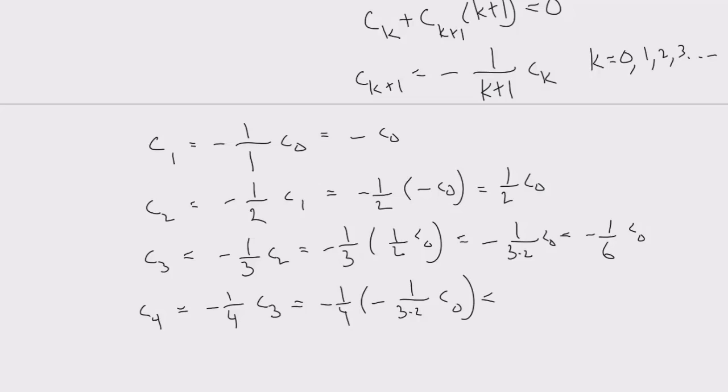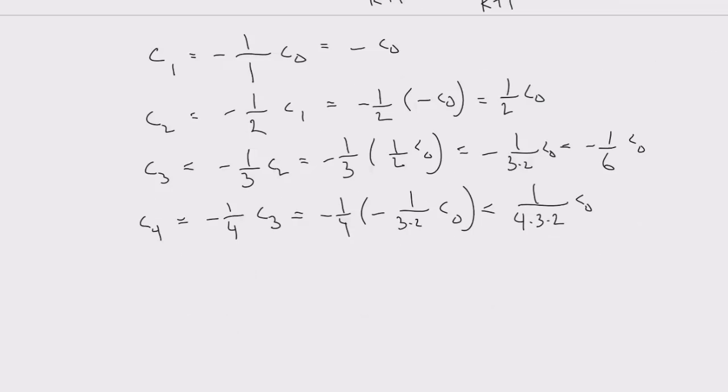Hopefully you go, wait a second, that's a factorial. So that's a positive 1/4 times 3 times 2 c0, and so on. Okay, so using our original assumed solution and the results we found, then y would look like